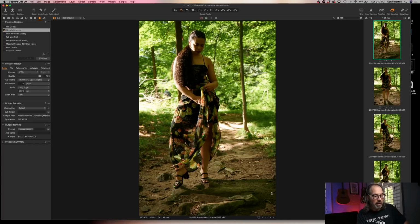Nobody tell anybody. What I realized too when I did this was her dress was kind of sheer, which is pretty cool because it was adding some color effect down here. So we'll see that later as we start messing with it. This was clearly too much. So as normal, when we start with this editing, what we're gonna do is